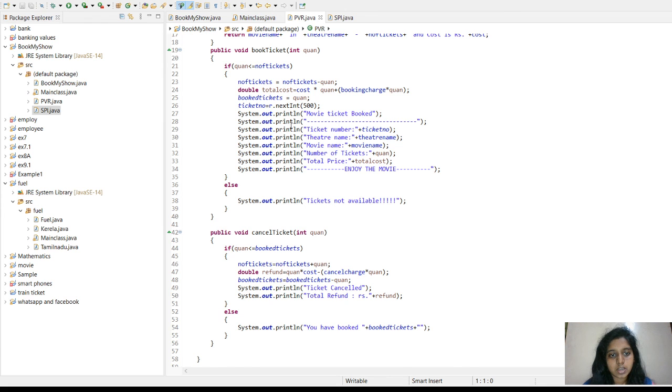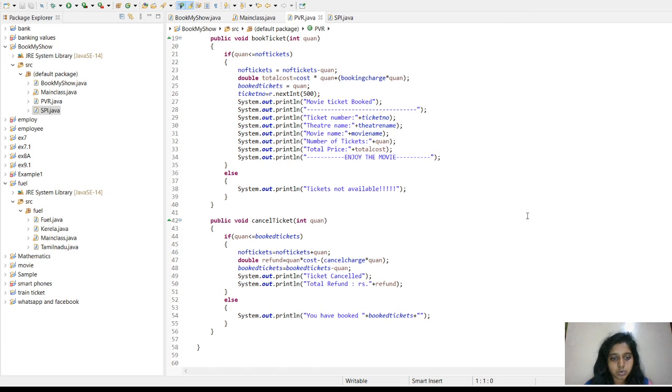In this part it will tell you the movie tickets are booked. If the number of tickets available is 10 and I give 5, the movie ticket is booked, and it will give you the ticket number, theater number, the movie name, the number of tickets, then the total price will be displayed, and you will get a notice to enjoy the movie.